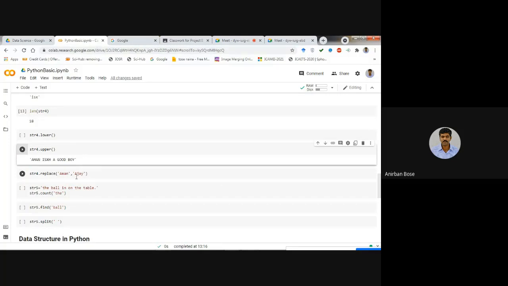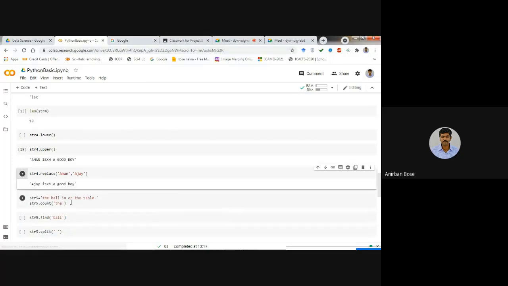If you simply execute it, you see that Aman will be replaced by Ajay. And it is very important how we are giving the code: dot replace, within parentheses, which one you want to replace and by which you want to replace. Okay, and there is a comma in between. So these are the things that you have to remember.